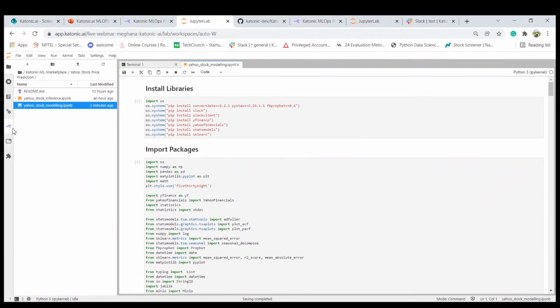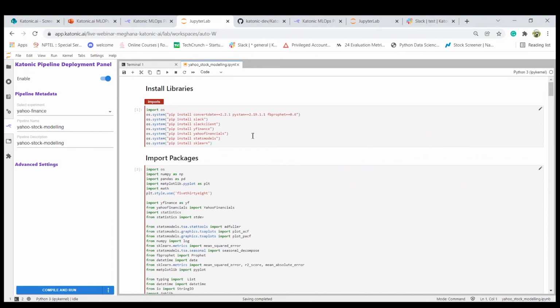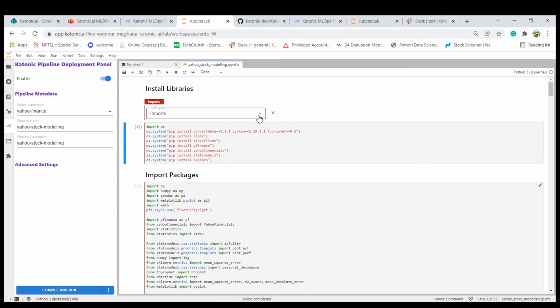Pipelines are created from Ketonic pipeline deployment. Here, you have an option called Ketonic pipeline deployment panel on the left side. Just click on that and enable. Once you click on enable, for every cell you can see an edit button on the right side. When you click on that edit button, it will give you the option to tag